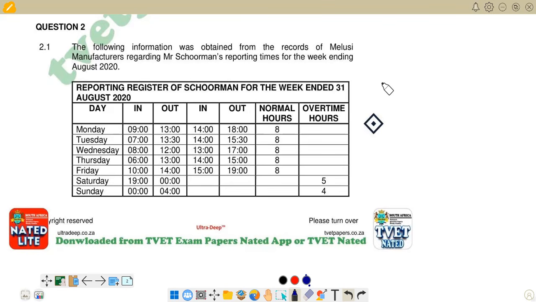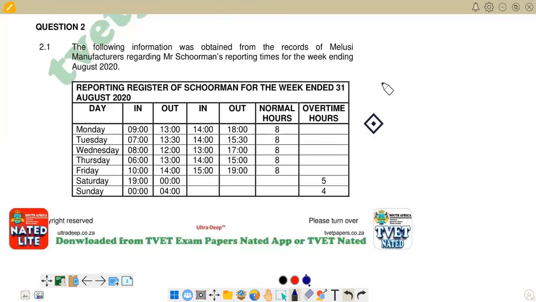We are back again, still on the question paper of June 2023. This is the recent question paper for Cost and Management Accounting N5. Right, we are going to look at question 2 today, and question 2 requires us to calculate the net wage